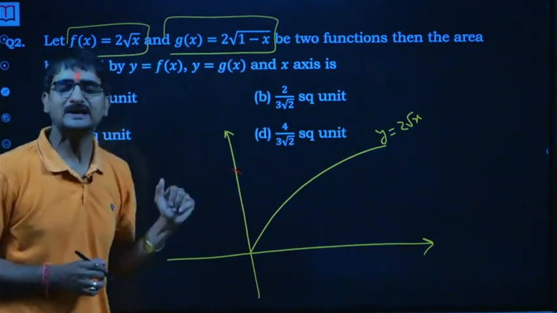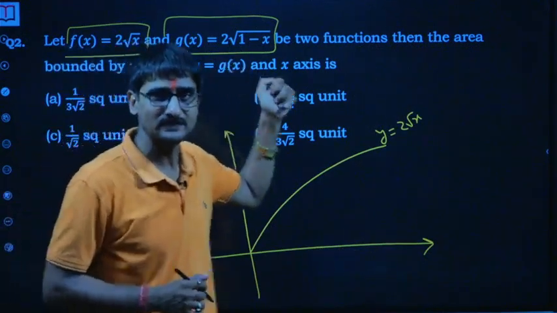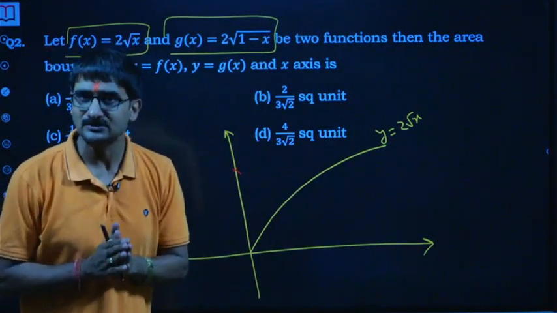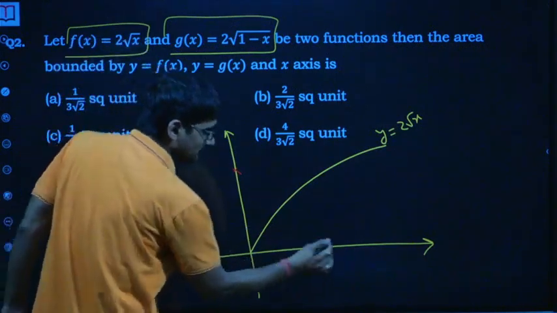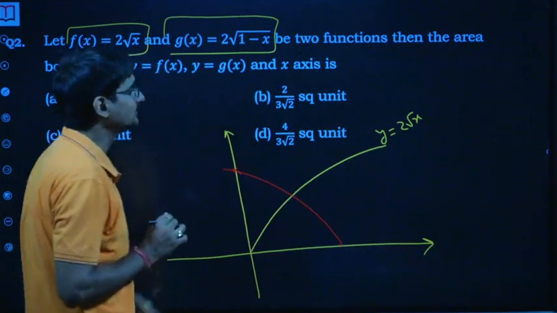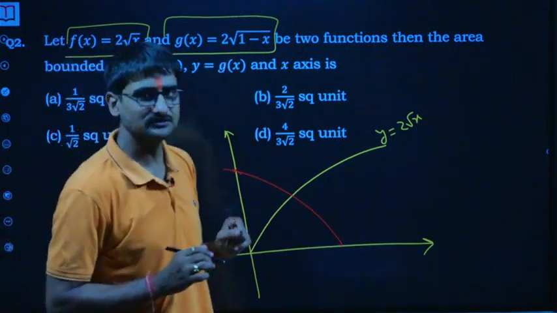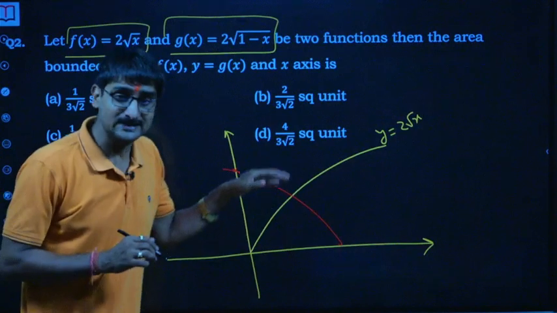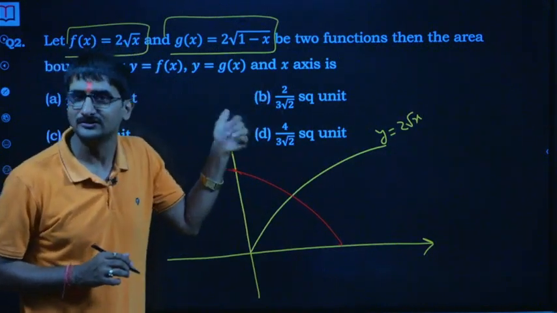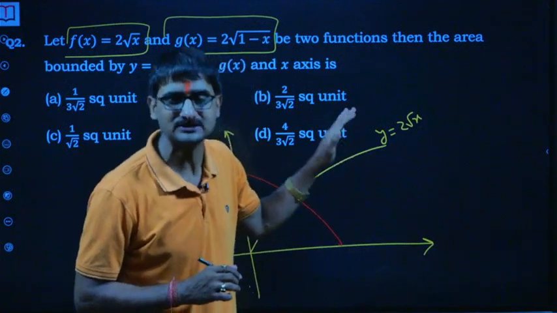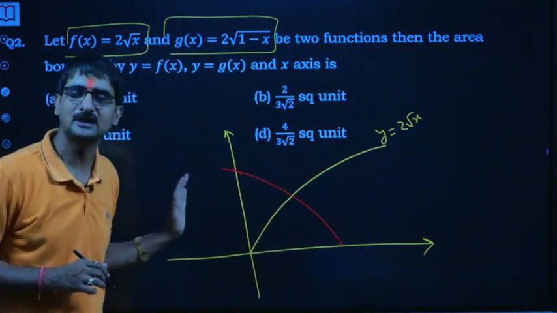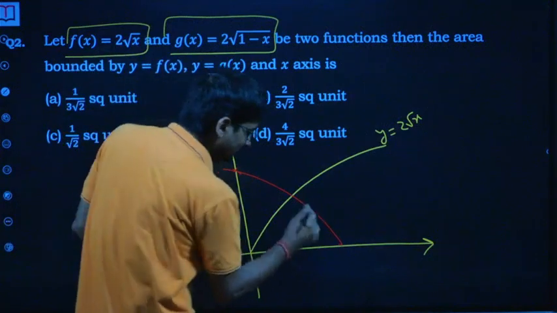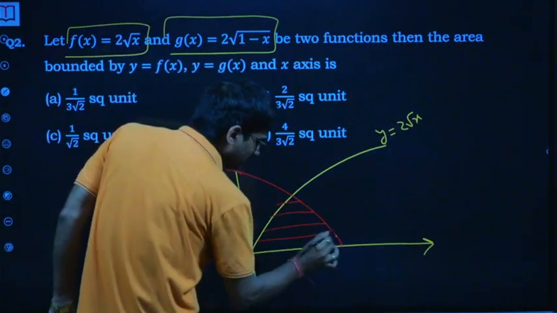And at x equals 1, what is the domain condition of this function g of x? The domain condition is that x should be less than or equal to 1. So at x equals 1, this is 0, and the curve is going to be something like this. One more thing: the square root ensures that the value is always going to be positive. Otherwise, if you square it, you will get a shifted horizontal parabola, but it's not the complete parabola. It's the upper half of the parabola, which lies above the x-axis. That's what the square root tells us. Anyway, now that's the bounded region. I think all of you will agree.